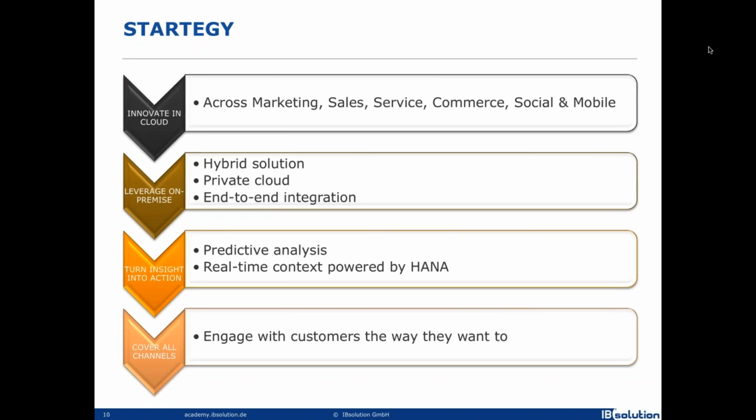Of course, using SAP HANA, the customer will be able to get all the data from the different sources, all the data which is stored in the different systems, and have real-time analytics functionality, predictive analysis, which will allow the end user, allow the customer to decide, for example, which leads are relevant, or whether similar customers have specific needs which can be addressed.